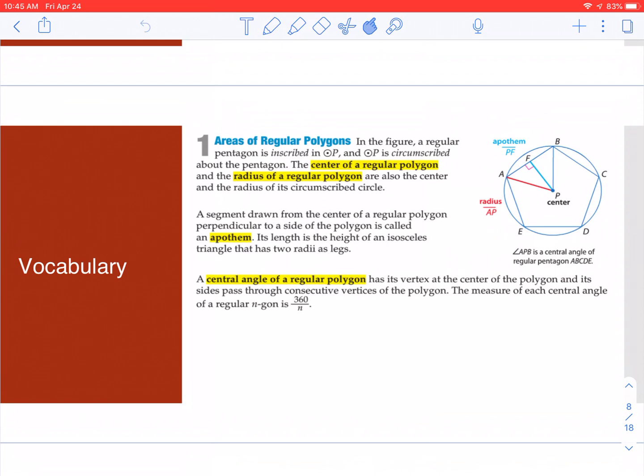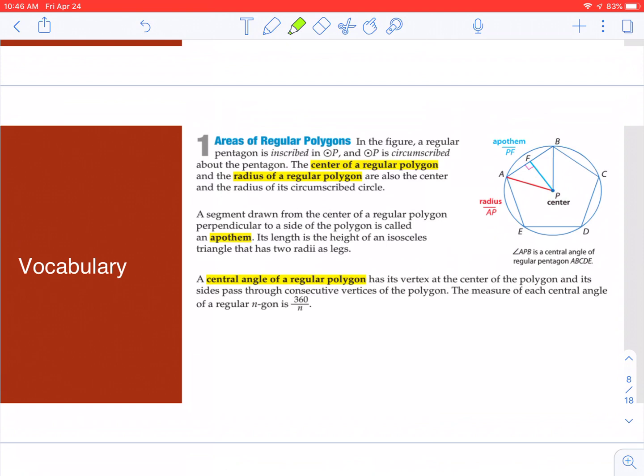So here we have a shape inscribed into circle P, and that shape is a pentagon. So we have the center, which is right there. We have the radius, and the radius will always go to a point on the shape. For example, the pentagon, it'll be there at point A. That is the radius of the circle. Okay, then we have